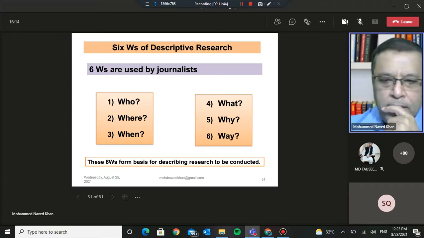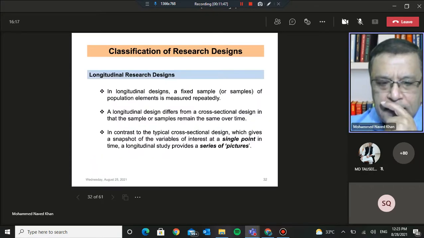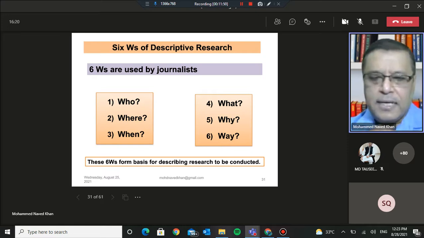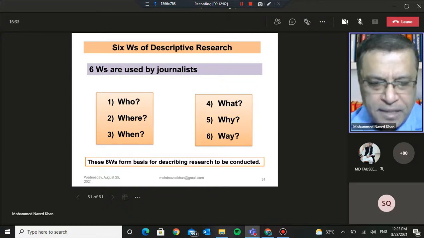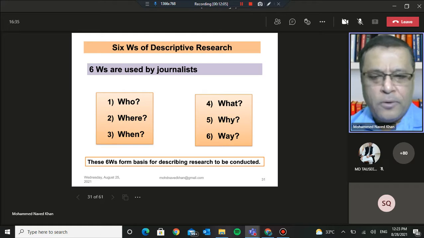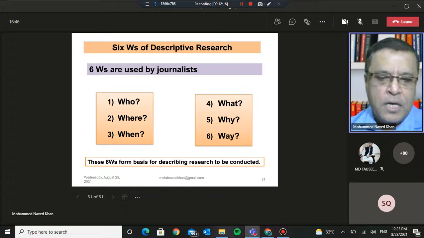Okay. So as far as these designs, who, what, when, where is concerned, remember that when we are saying who, exactly from the point of view of our study, who is that entity? I'm using the term entity purposely because it can be, for example, an organization also that may be of interest to you. So who should be considered for the study? Then where should we be contacting? For example, if they are human beings, where should we be contacting those individuals of interest? Then, for example, when should we be obtaining the information?